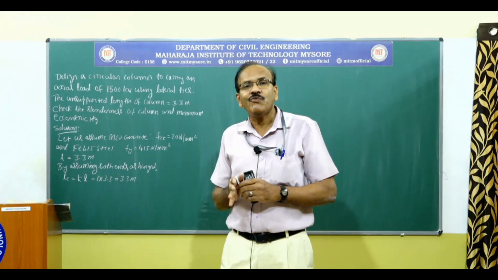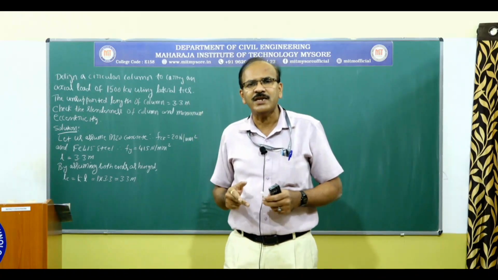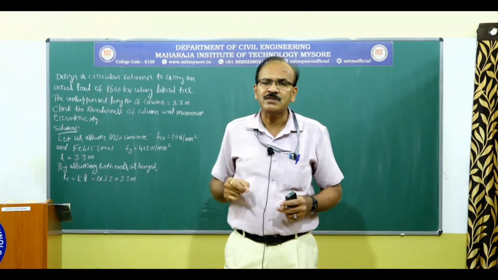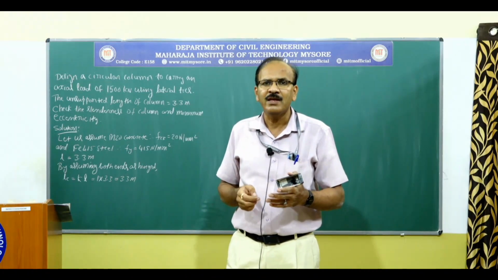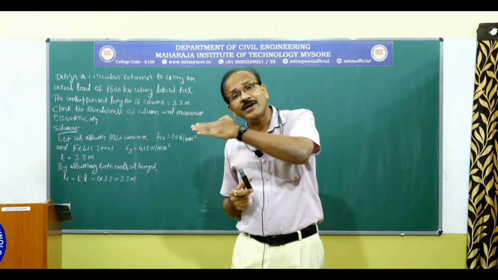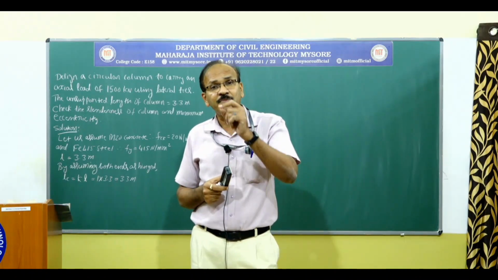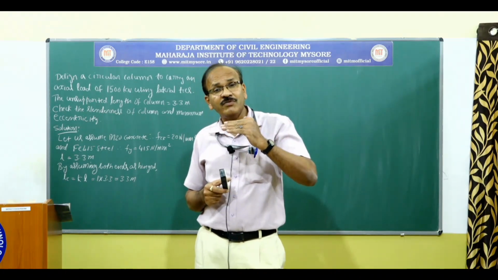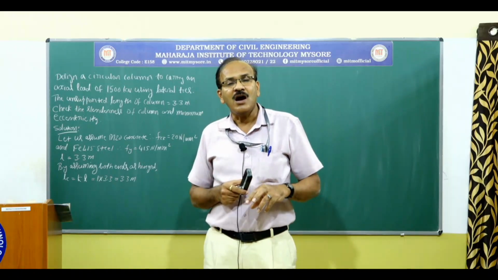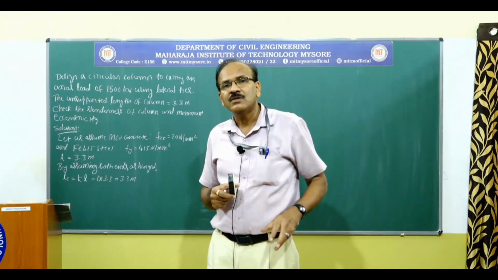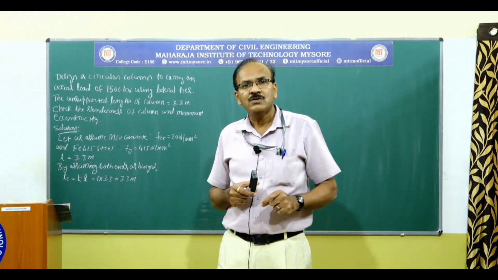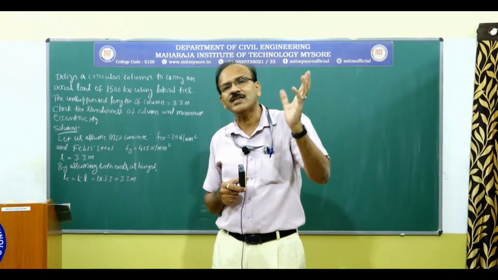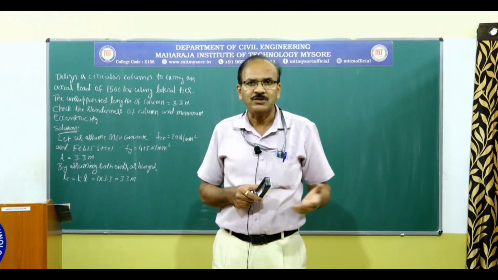So in this case what we do is, we are going to assume that those two conditions are satisfied. That is, the column is short and the other is e minimum is less than or equal to 0.05 D. So by assuming that, we can go ahead and make use of the formula given under 39.3 on page 71 of the code book. Okay. So by using that formula, we can find out the diameter of the column required. So once we have the diameter of the column, we can go back and check for those two conditions, or we can go back and satisfy those two conditions. Is it clear to you?